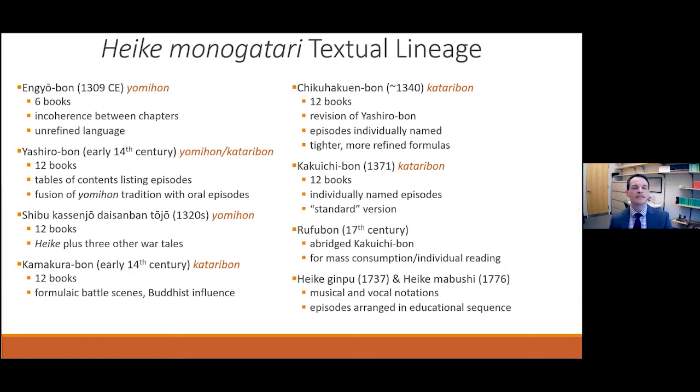So what we see across this lineage then are several diverse strands being woven together to form the version of the Heike made familiar by the Kakuichi-bon. The episodic oral nature of the tale, which lends itself well to the stylistic constraints of analytic history, is preserved throughout the Heike's evolution, and its major parts form the narrative that remains consistent from the Engyobon to its Rufubon descendants. Alongside this historiographical spine, however, run three other primary strands, the combination of which distinguishes the Kakuichi text from